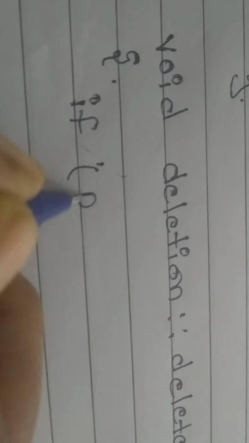Okay. If, when we are asking to delete, students, say delete from the 99th position, the 99th position is not there now. So we can't delete. So what will we write? If position is greater than n, it means whatever position you are asking is not within my limits. We are telling clearly. Okay. Cout out of array limits.